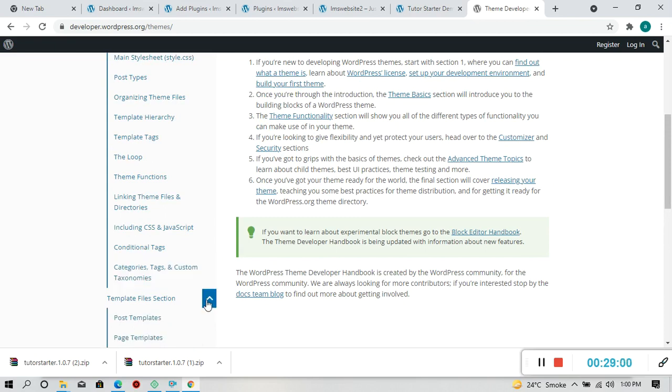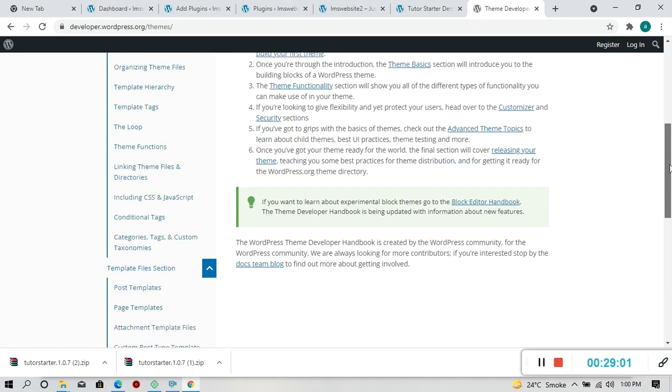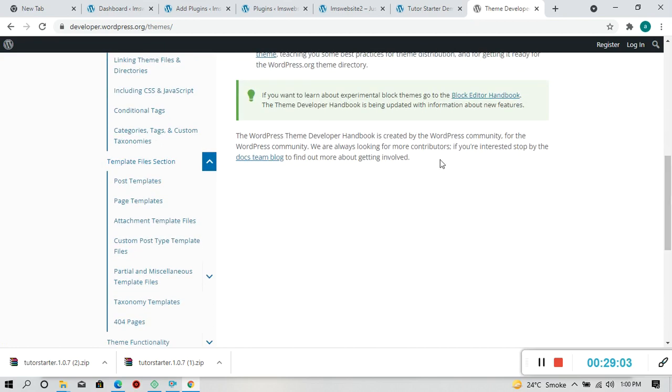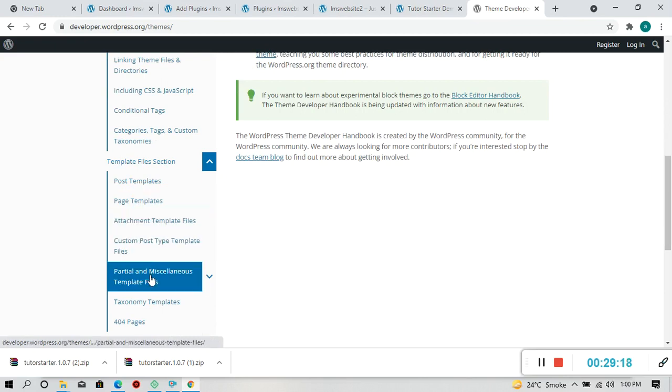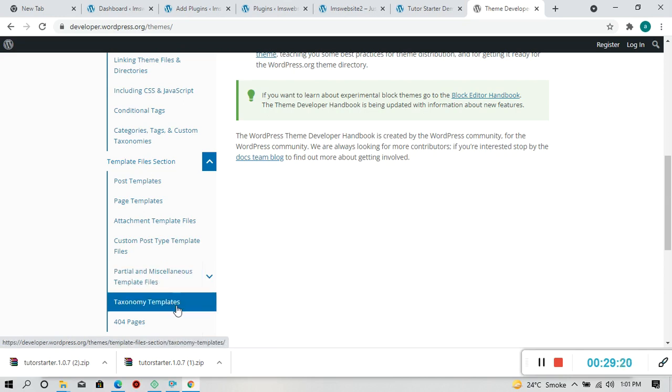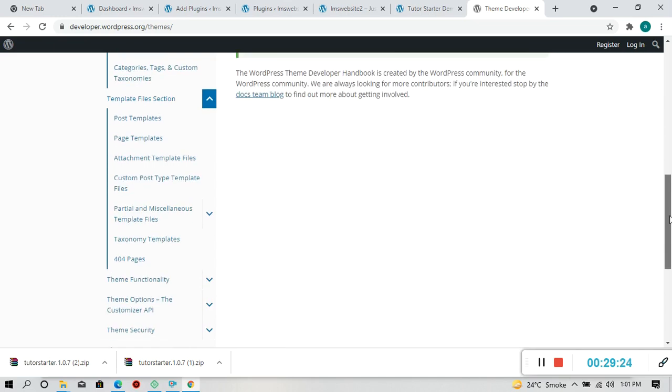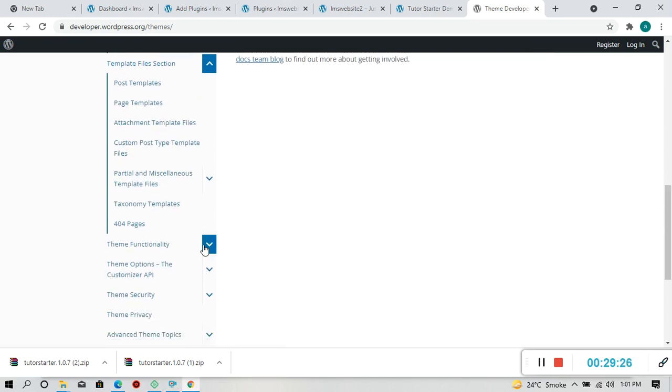This is the template file section. Post template, that is the blog part. Page template, the pages like contact, about us, testimonial, portfolio. This is the pages. Attachment template file, custom post type template, partial and miscellaneous template files, taxonomy template, and 404 pages, right?